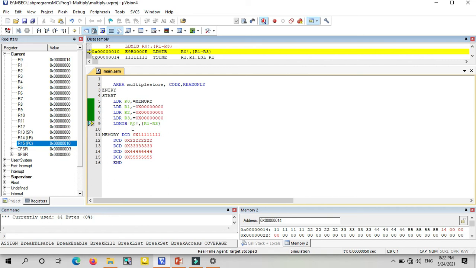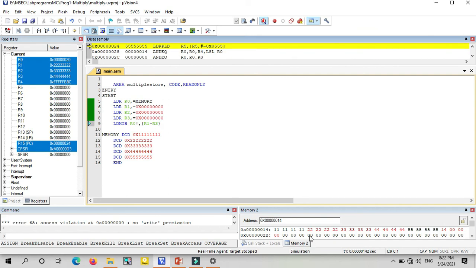What happens here? IB is increment before, so the R0 memory location is incremented by 4 initially. Then the data is loaded from the memory to the register. First it is pointing to 14. It is incremented by 4 locations, then it will point to 22. From here the data will be loaded. You can observe.